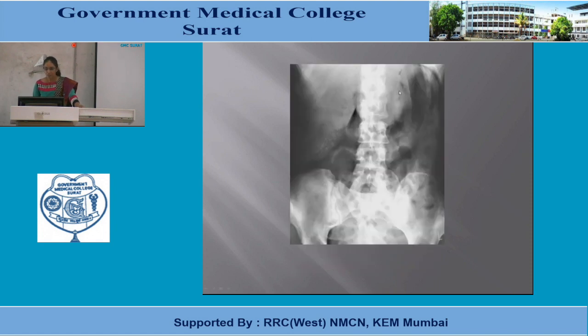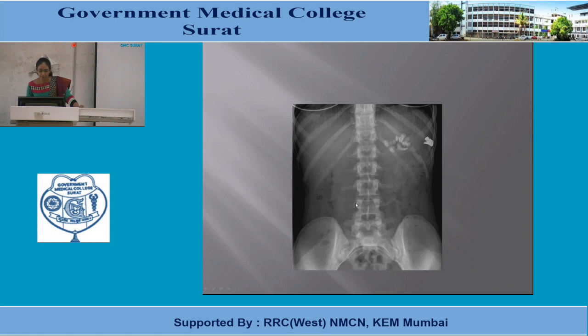This X-ray abdomen standing showing multiple tiny radio opacities noted in the region of the right hypochondrium or right lumbar region. This opacity lies just beneath the margin of the liver. So mostly it is due to multiple gallbladder calculi. Next line of investigation is ultrasonography of abdomen to confirm this radio opacity lies within the gallbladder.